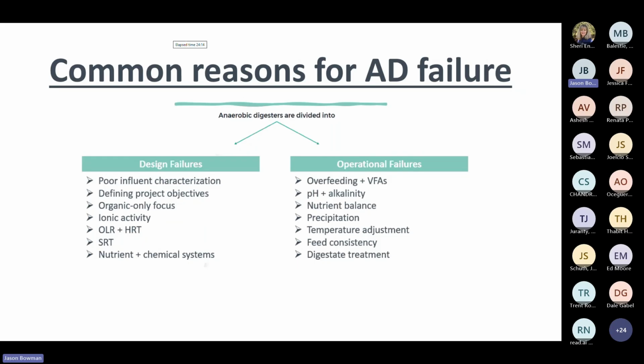So similar to how I discussed the two categories of digester classification, I typically also refer to digester failures in terms of two potential categories. The first being design failure. So this is basically the inability to identify problems or predict problems, or our inability to see the full project roadmap in advance. The most common design failures revolve around poor project characterization or the inability to clearly define project